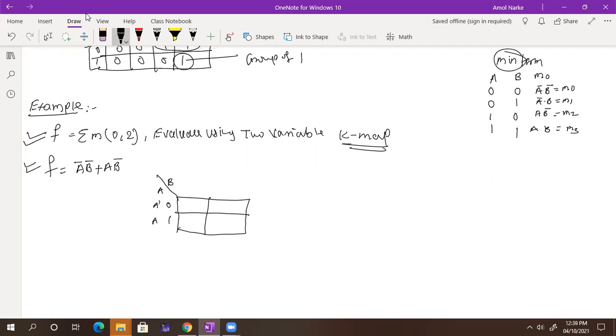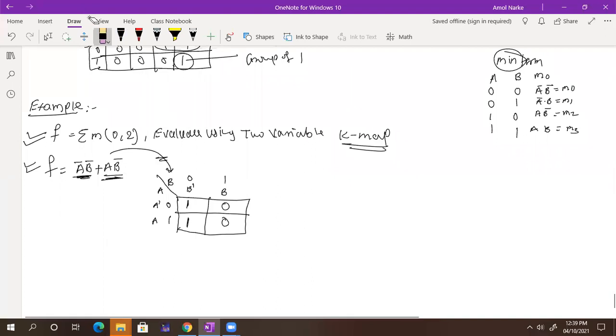Here I will get B complement and B, that is nothing but 0 and 1. What is the first term of the function? A and A complement. Where do A and A complement come? Here. So I should write down 1 here. What else do we have? A and B complement. So where is A and B complement? Here 1. And for the rest of the terms, you need to write down 0. According to the function, you need to write down the table. Got it? Got it, everyone?